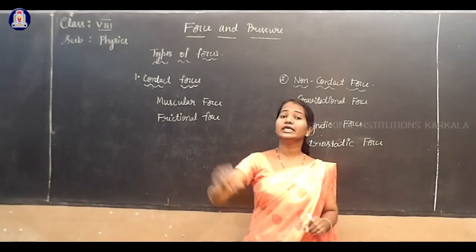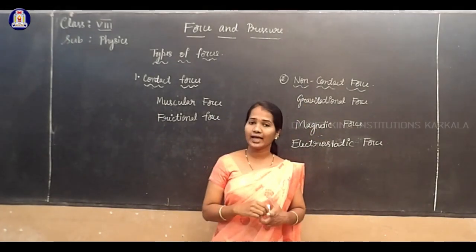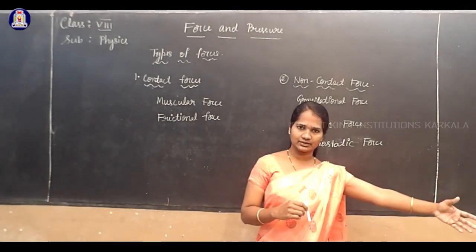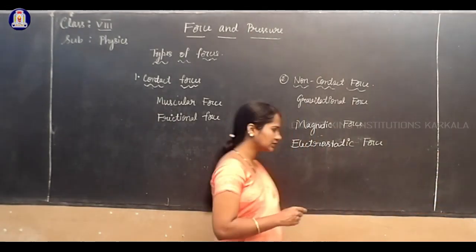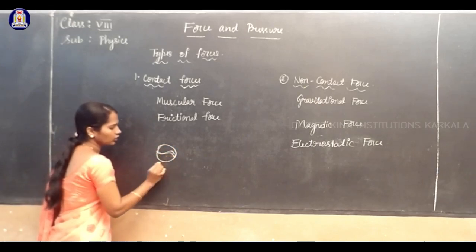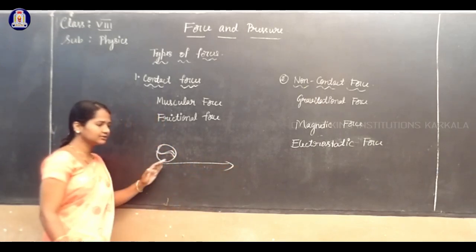Consider rolling a ball on the ground. So what happens when a ball rolls on the ground? It travels a certain distance and suddenly it comes to rest. For example, consider a ball which rolls on the ground. It travels a certain distance and